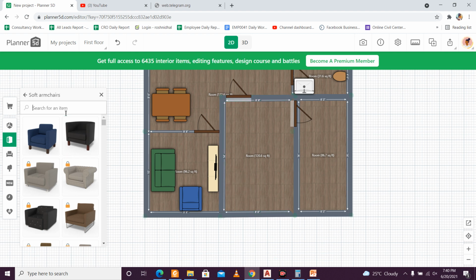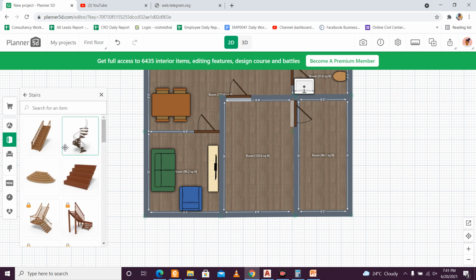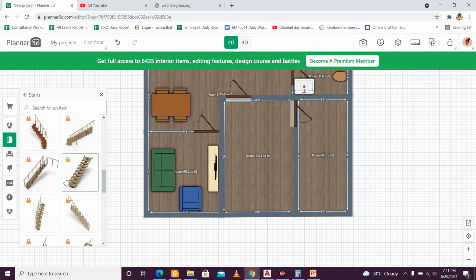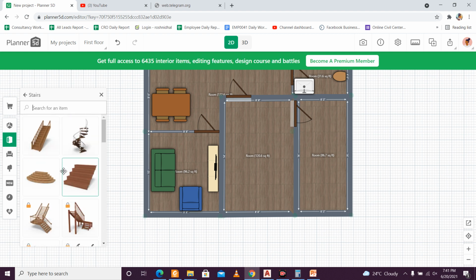So if we have any car, just to represent the portico, fences, roofs, terraces, stairs. I don't think how much of a stair we can use to represent this particular portion. Exact dog leg stair we don't have, like in the paid version also I think we won't have, but we can just use this for simple representation. I think that this one sounds better.